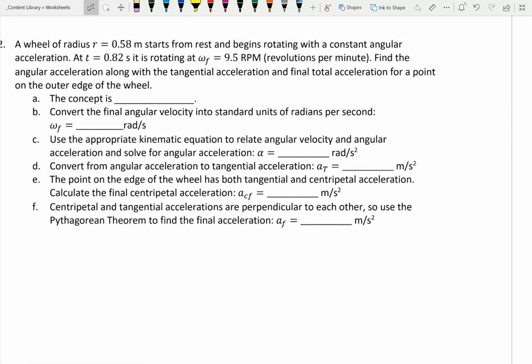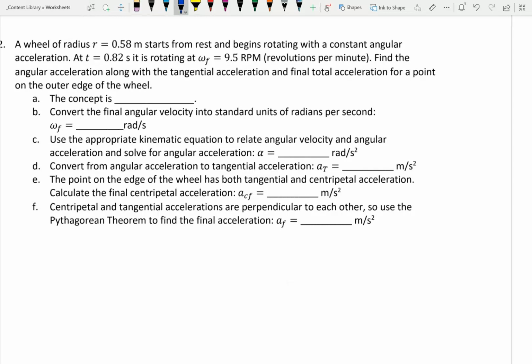A wheel of radius 0.58 meters starts from rest and begins rotating with a constant angular acceleration. At time 0.82 seconds, it is rotating at omega final is 9.5 revolutions per minute. Find the angular acceleration along with tangential acceleration and final total acceleration for a point on the edge of the wheel. The concept is, and there's really two concepts because of the last step,